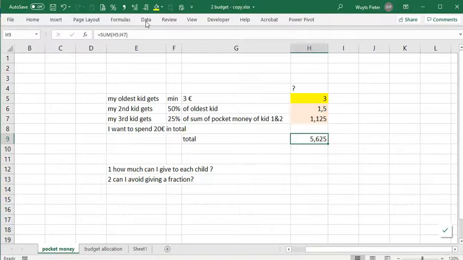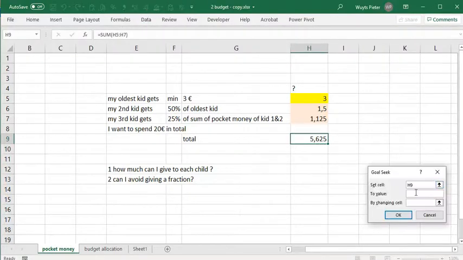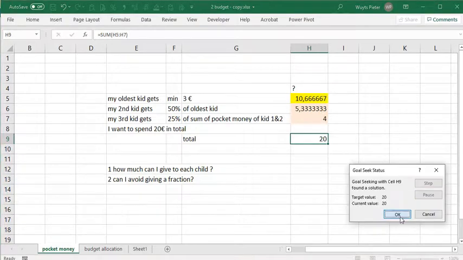So I used goal seek, data, what-if analysis. Goal seek: I said this cell should be 20 by changing the value of the origin of my calculation, which is the value in the yellow cell. And then I come to a total of 20, and I'm going to give 10.66666 and so forth to my oldest kid. That is a goal seek, but I cannot